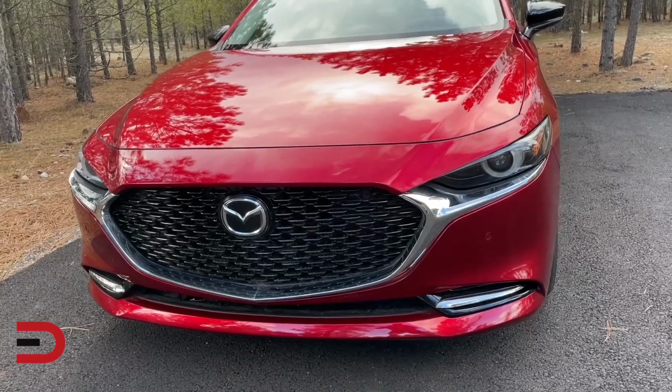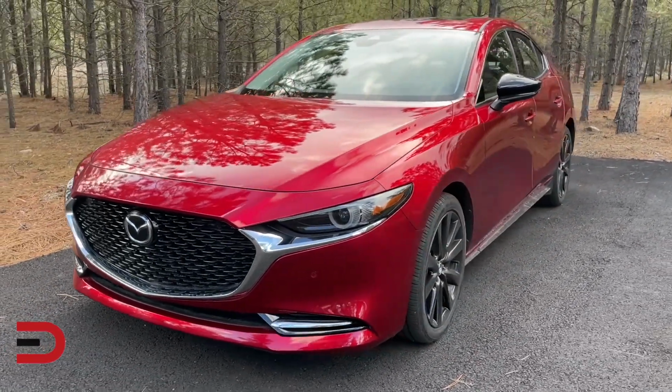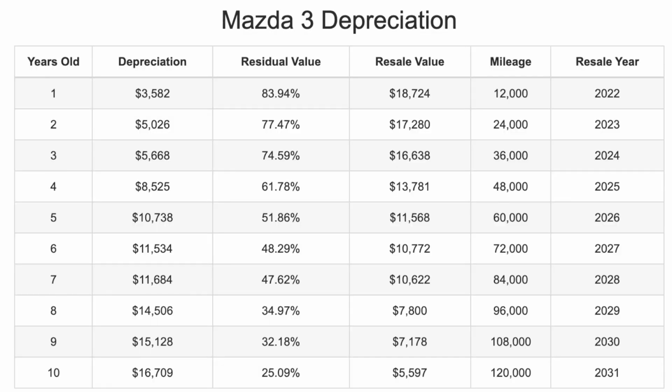With such, the 3 is hard to recommend simply from a value standpoint as it does not age well. Perhaps you'd be better off considering a Honda or Toyota when looking in this vehicle class. This chart here shows the expected depreciation on a Mazda 3 for the next 10 years. These results are for vehicles in good condition, averaging 12,000 miles per year, assuming a selling price of $22,300 when